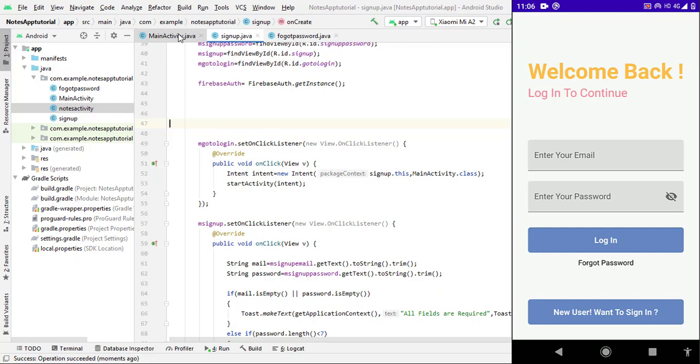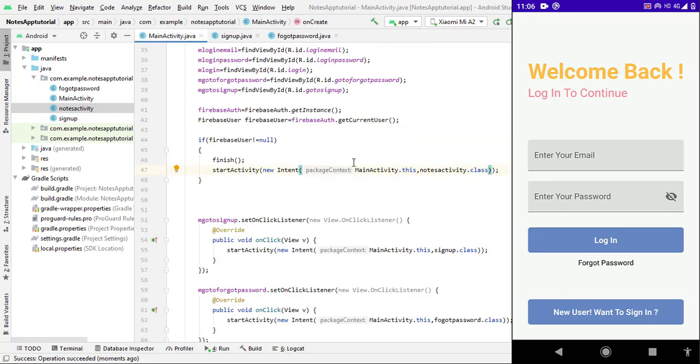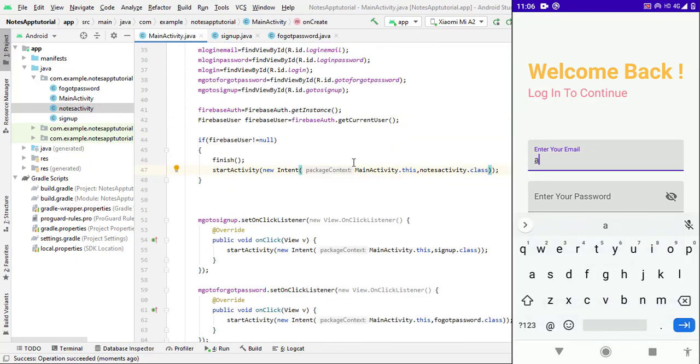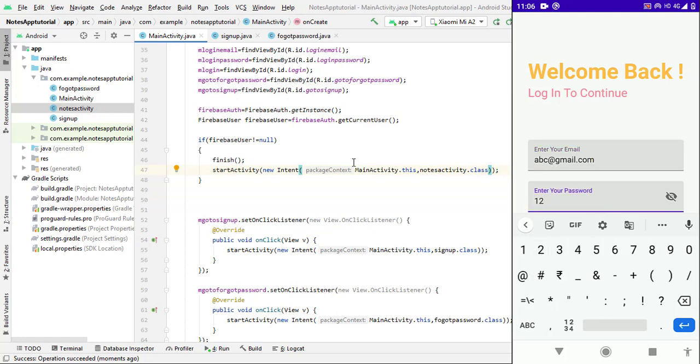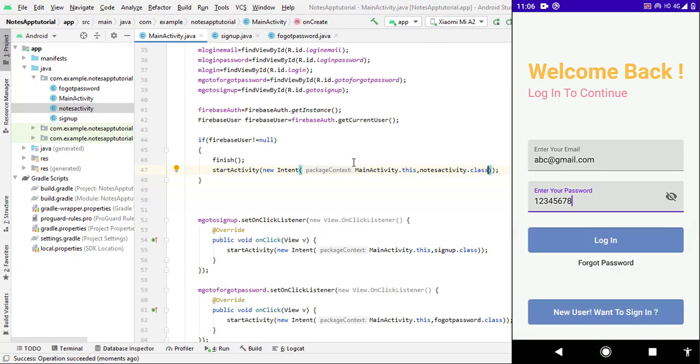So inside our main activity, there are two cases. Let us suppose, as in the previous part, I created two accounts with abc@gmail.com and Brijesh Kumar Sharma. First, let's see what happens if I enter 123 and abc@gmail.com. As you already know, I didn't verify this email because this is not my email, and I am able to create this account, but you can see I am not able to log in with it. If I click on login with this email and password, you can see it says verify your email first, because I have not verified this email till now. So this is the first case.